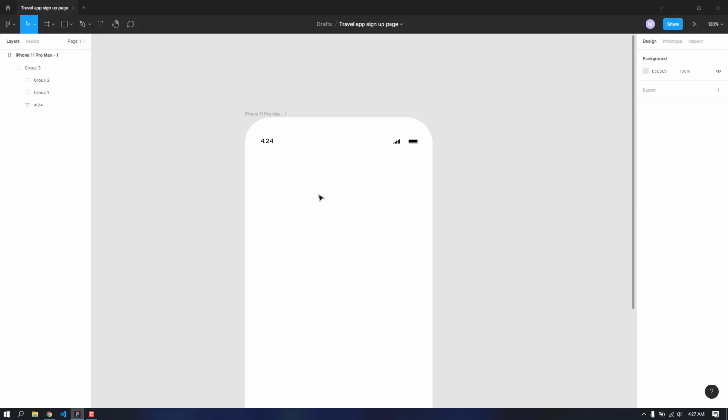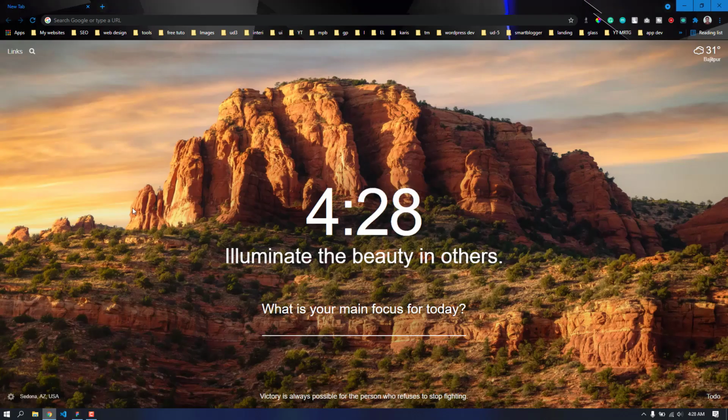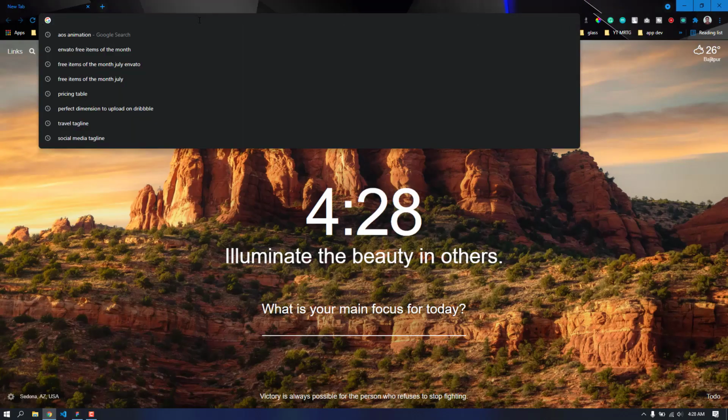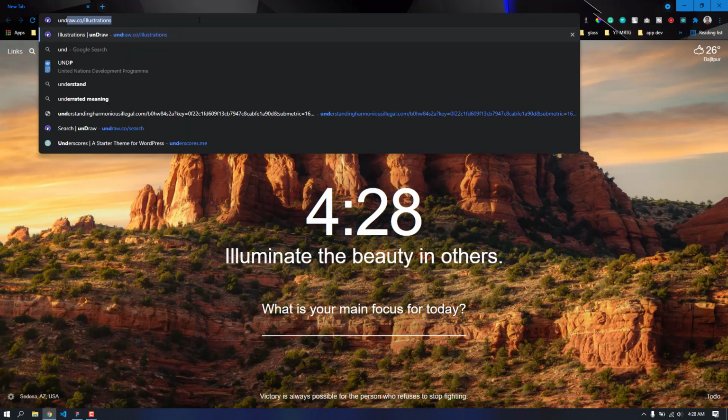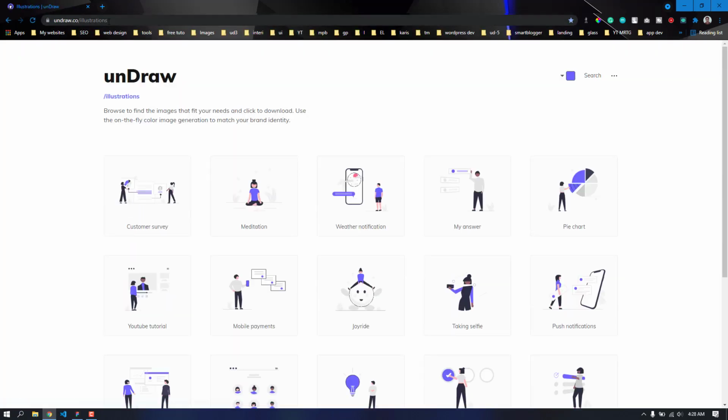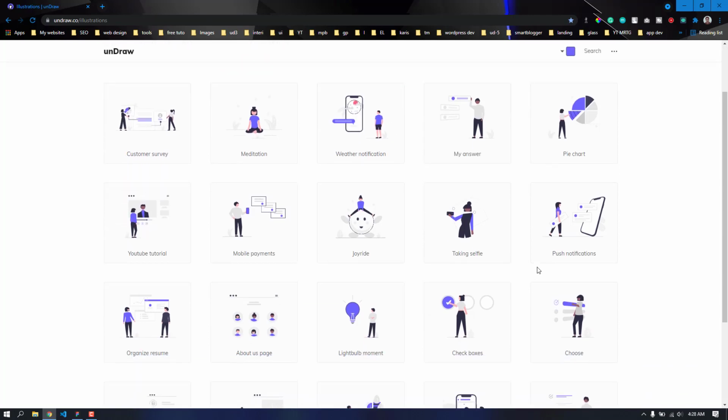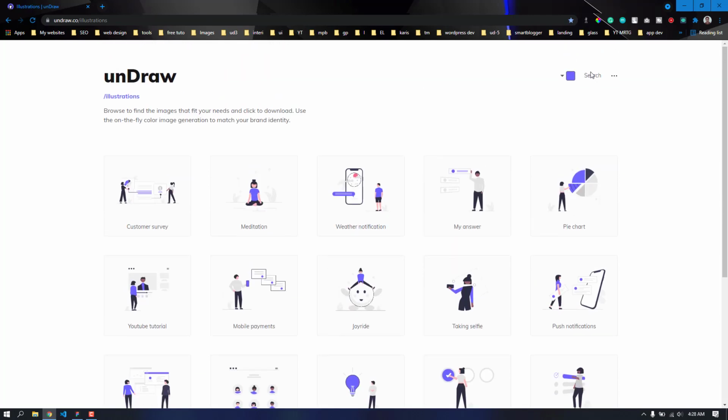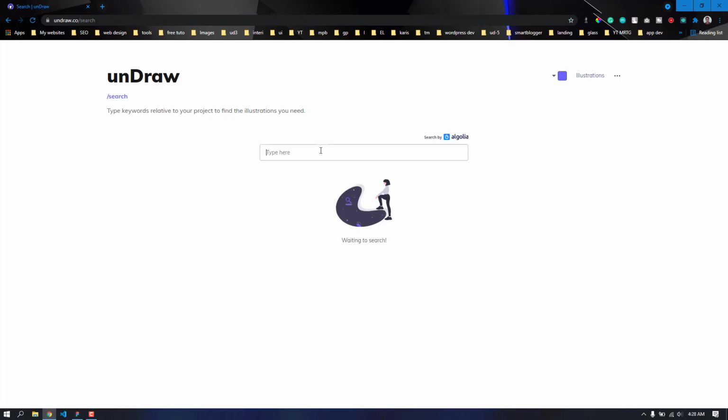Okay, we are done with this bar here. Now let's put an image in here. My favorite type of image to use here is the illustrations, and my favorite library for that is undraw, and we can just search for undraw here. The URL will be undraw.co and slash illustrations will bring you to this page. Now it will be some kind of travel app, so we can search for maybe location,